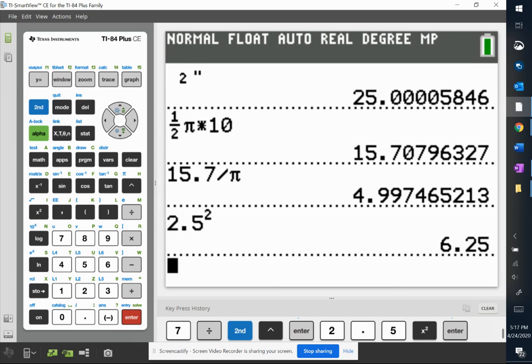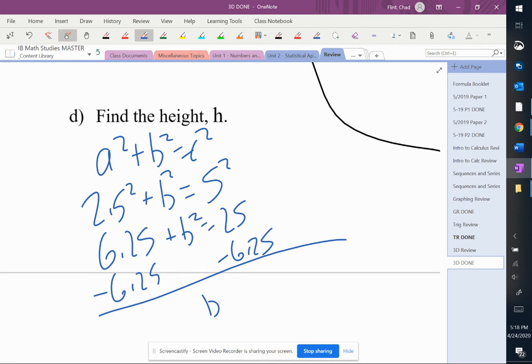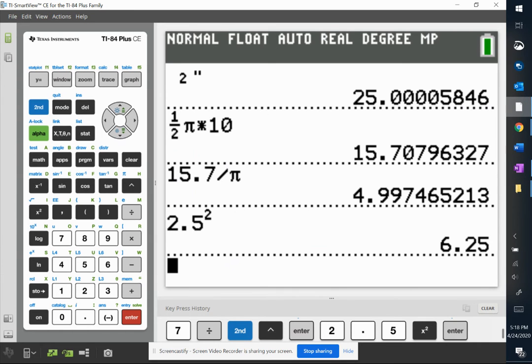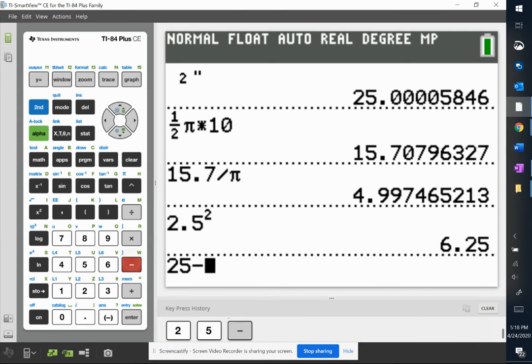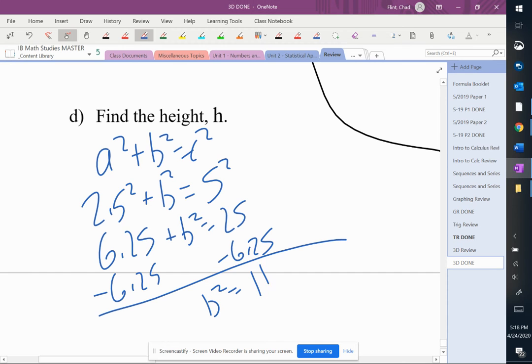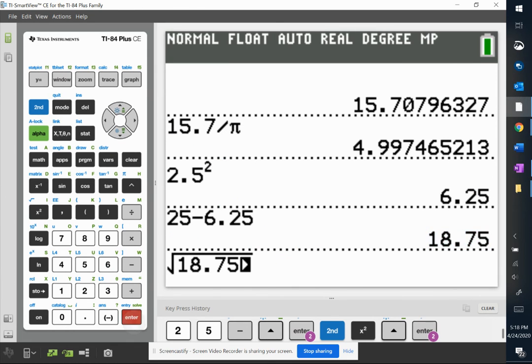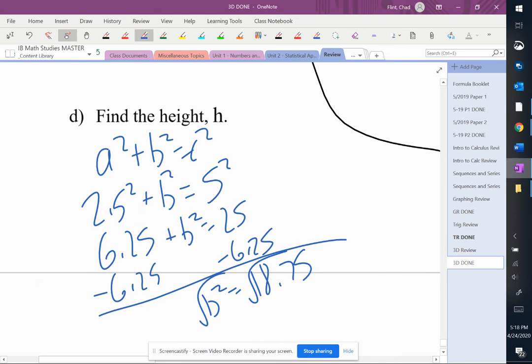So 6.25. So then that's going to be 18.75, I think. 25 minus 6.25 is 18.75. Square root of each of those gives 4.33